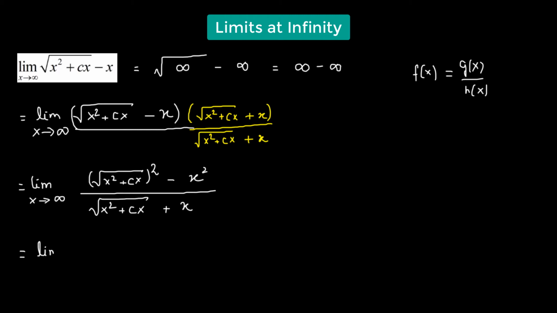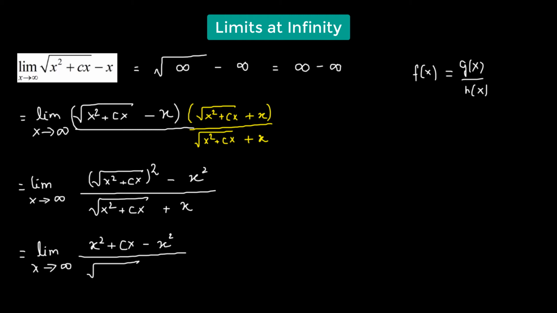Which will be the limit as x goes to infinity. The square of a square root gets rid of the square root. So we'll have x squared plus cx minus x squared in the numerator, divided by the square root of x squared